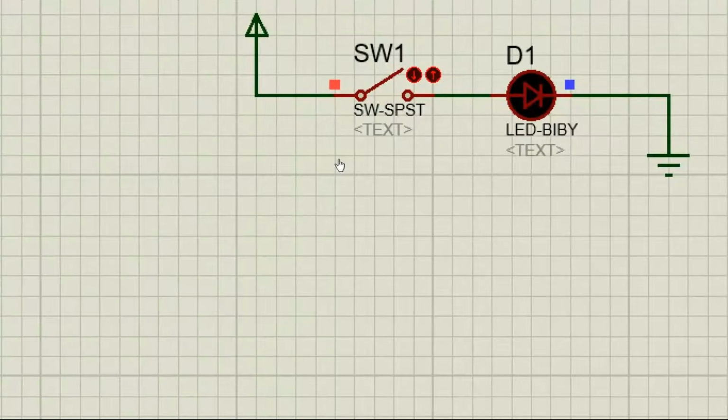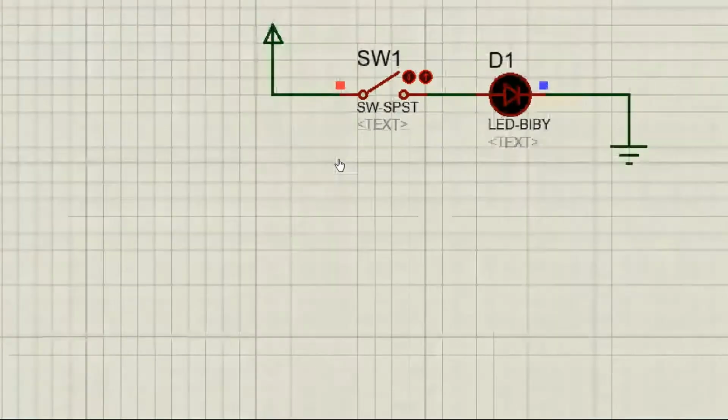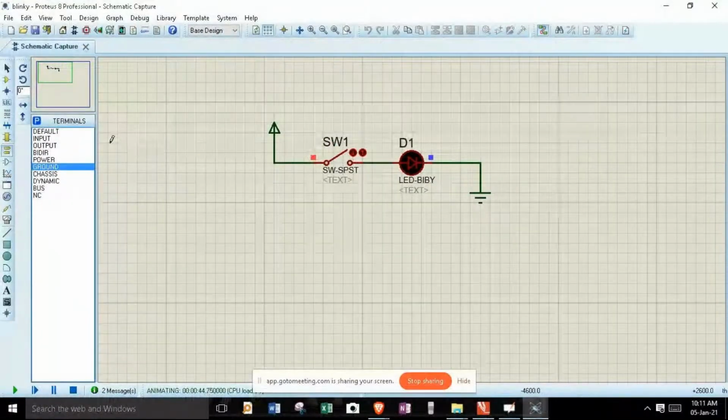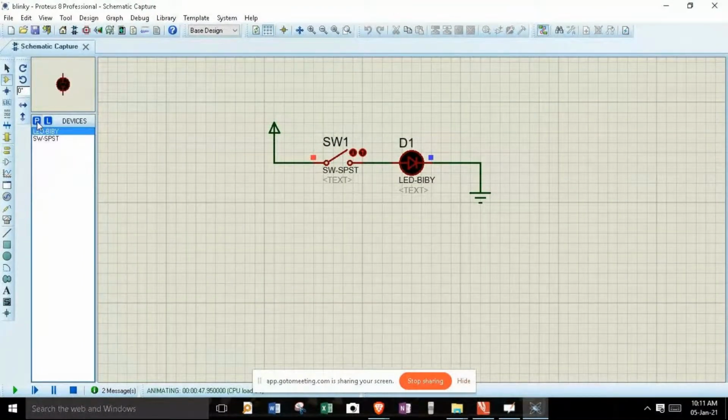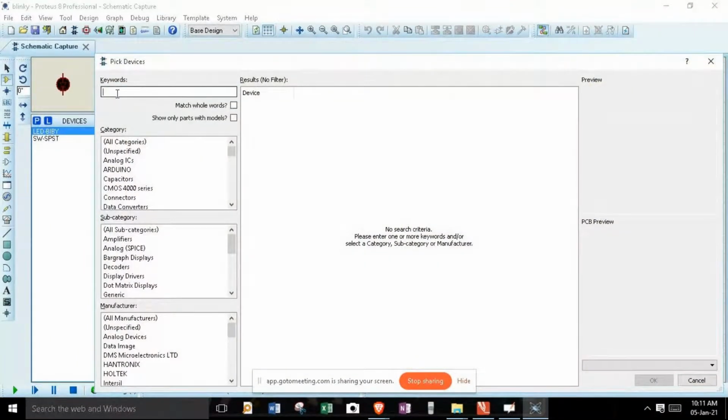So right now we did get an idea of how to simulate some basic circuit, but that's not the end, because we want to implement the same on Arduino Uno. So that was our main purpose. And in order to call this Arduino Uno, I'll again go to component mode, place mode, pick device, and here I'll search for Arduino.